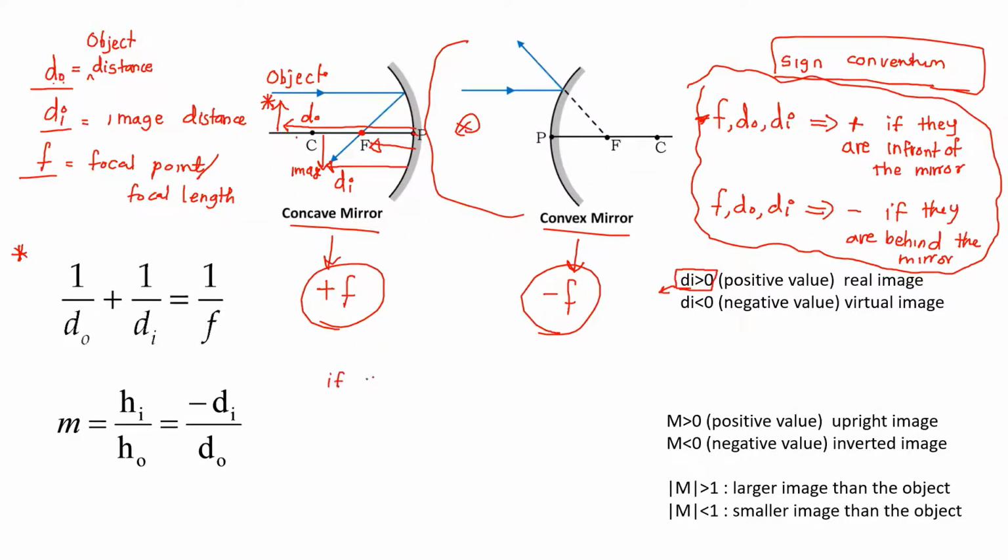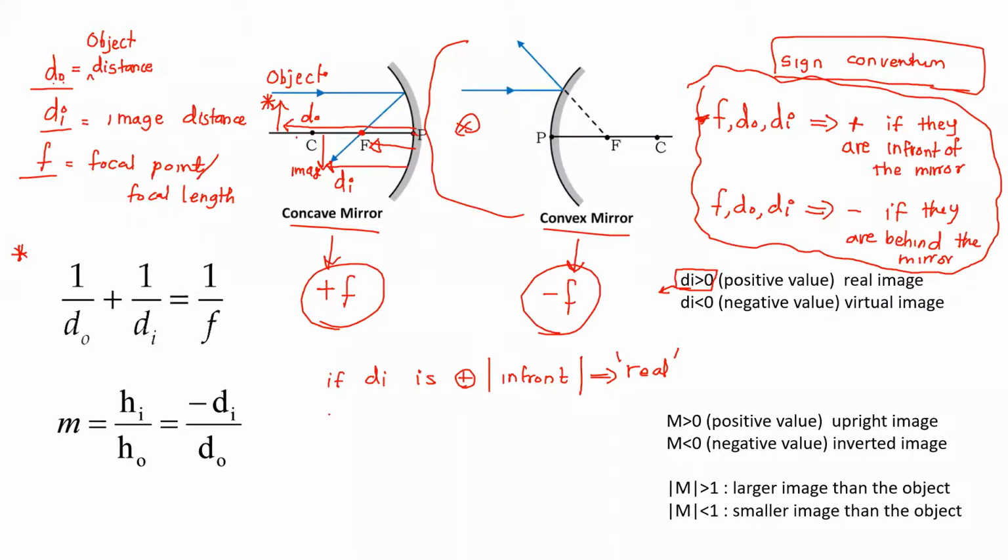If DI is positive, that means it is in front of the mirror, which means it is a real image. So you can figure out whether an image is real or virtual by looking at the distance. If it is a positive value, that means it is in front of the mirror and it's a